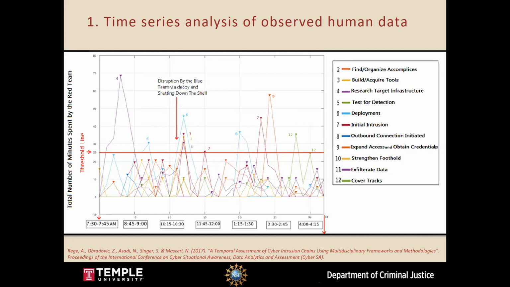So this was an 8-hour exercise, and we observed the actions of the red team, and our data was collected every 5 minutes, right? So what are they doing? What are they typing? What are they saying to each other? And we then mapped it on to the various stages of the intrusion chain. So the model that I showed you earlier had 7 stages. We used this particular one that you see on the screen that has about 12 stages